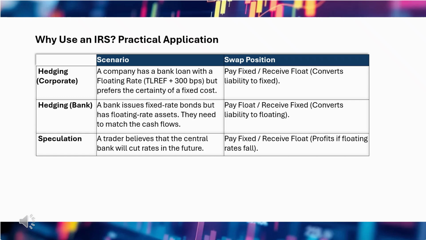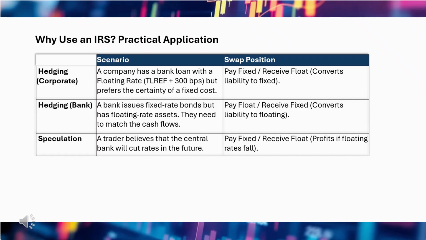Now that we understand the structure, let's look at the practical application of a plain vanilla interest rate swap. The swap's power lies in its ability to convert interest rate exposure without ever touching the underlying loan or asset. We can summarize the reason for using an IRS into two primary categories: hedging and speculation/asset conversion, as shown in this table. Let's first look at the most common